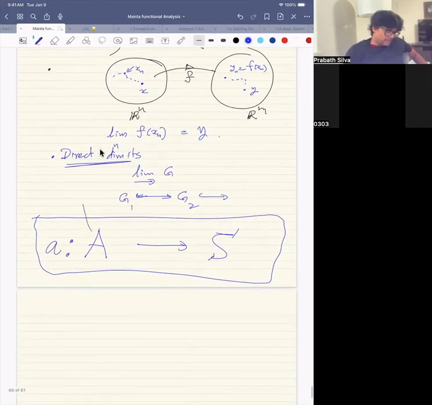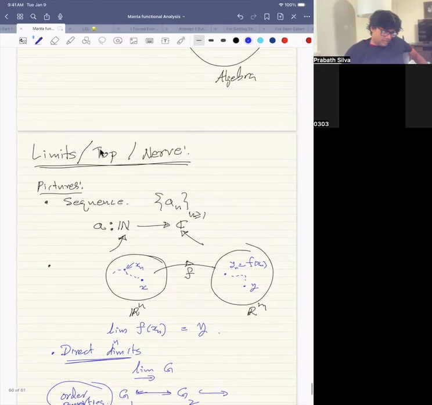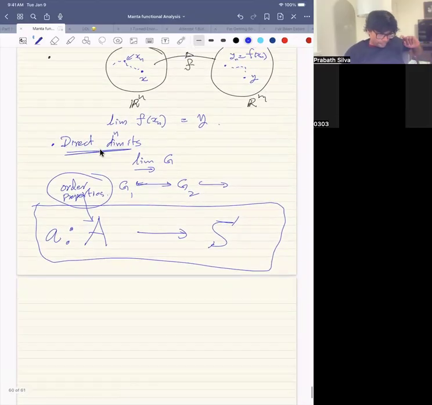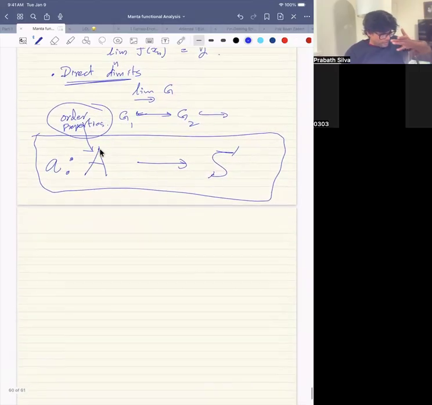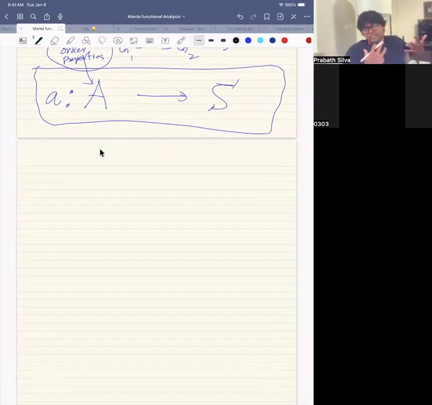This one has some order properties. Okay, that's roughly the idea, and we will build up on this. So now we're going to give the definition. It's a little bit general, but it's not very difficult. Okay, so the definition: